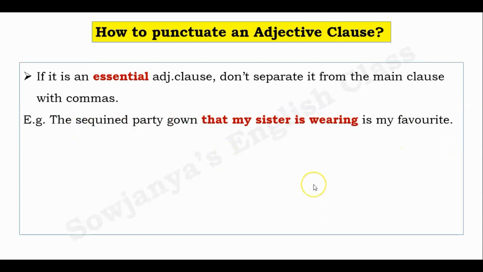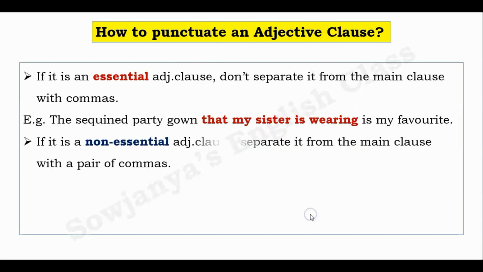If you say this, people will ask you which one. So, which one is answered by this adjective clause: that my sister is wearing. So, in that sense, it becomes an essential adjective clause. The way to punctuate it is, we are not supposed to separate this adjective clause with commas because it is an essential adjective clause. If it is a non-essential adjective clause, we should separate it from the main clause with